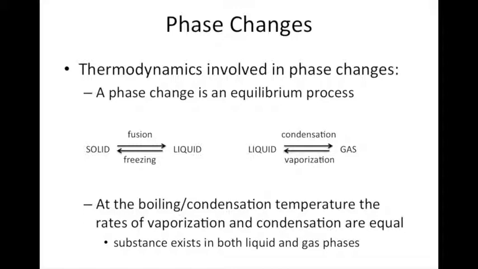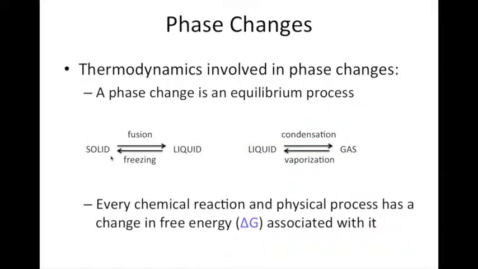The rate of vaporization and the rate of condensation, those are equal. So the substance exists both in the liquid and the gas phase, and the rates of conversion between the two phases are equal. And so we call that an equilibrium process, when the rate of one phase change and the rate of another phase change, the reverse process, are equal, the process is said to be at equilibrium. Now, as far as the thermodynamics,